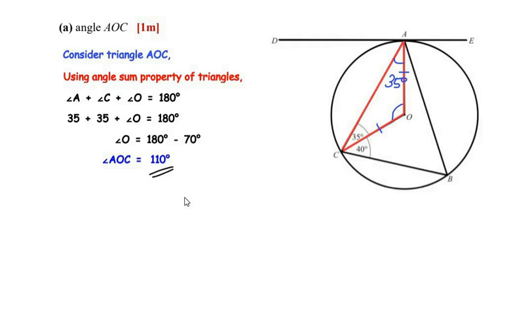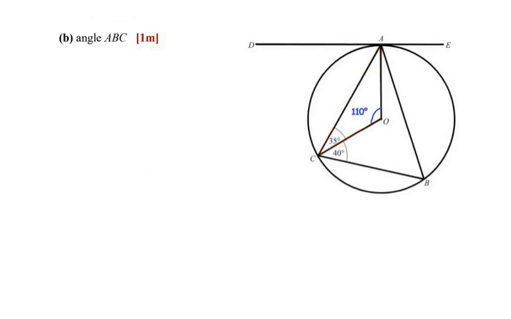Now let us move on to the B question. Find the value of angle ABC. So here we are supposed to find out angle ABC. And for this we have to use a circle theorem, that is the angle at the center of the circle theorem. So let us consider the points A and C which are on the circle. Now according to this theorem, if we make an angle at the center of the circle, and using the same 2 points, if we make an angle at the circumference of the circle, this way, which is at point B in this case,